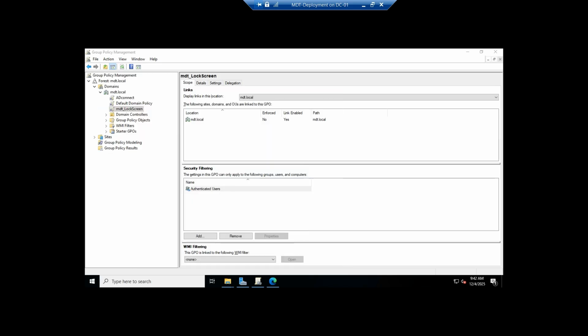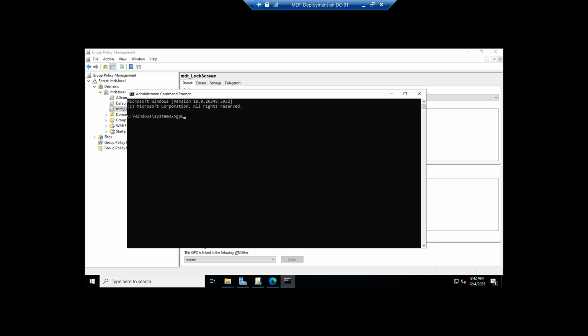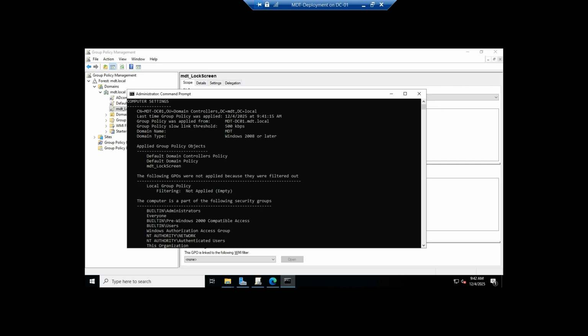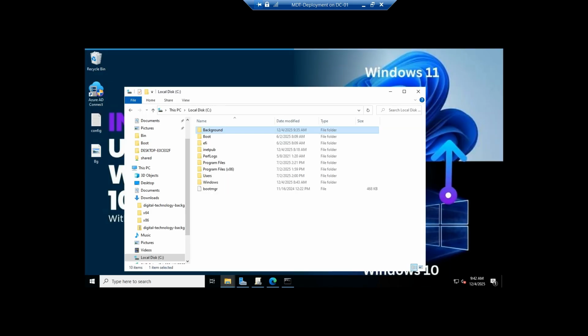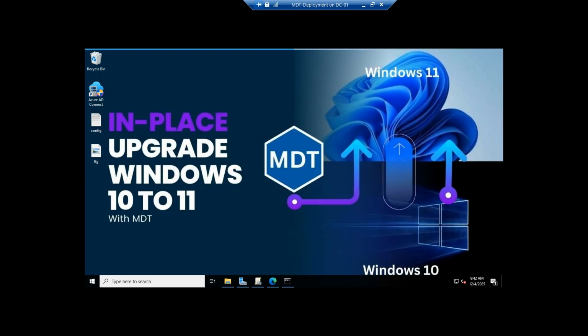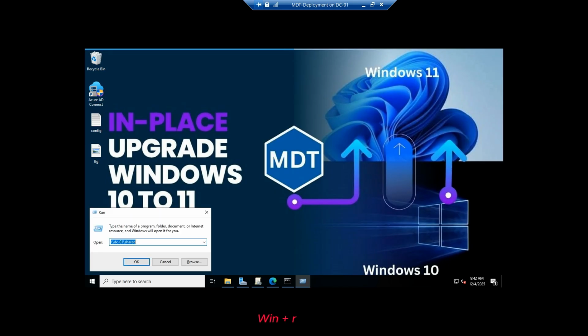So first, we just want to update our policy by using the GPO update force, so we don't have to wait for application time. And next, we have to enter GPO results to confirm that we have the policy on this machine, which is our server. We'll browse to the network share path to be sure that it's reachable,